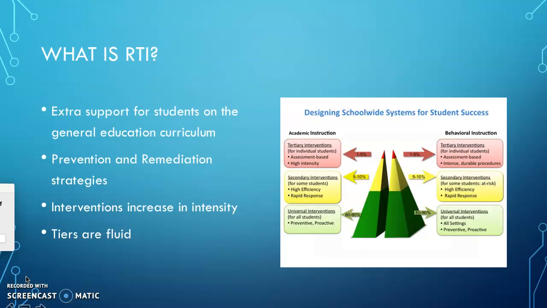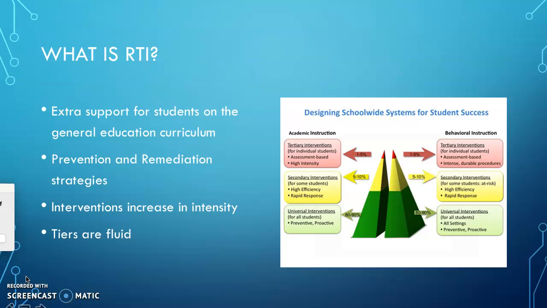So what exactly is RTI? RTI is a model that is designed to provide extra support for students on the general curriculum. The primary goal of RTI is prevention and remediation of both academic and behavioral difficulties. RTI interventions are typically provided within the general education setting, and interventions increase in intensity as students move up the